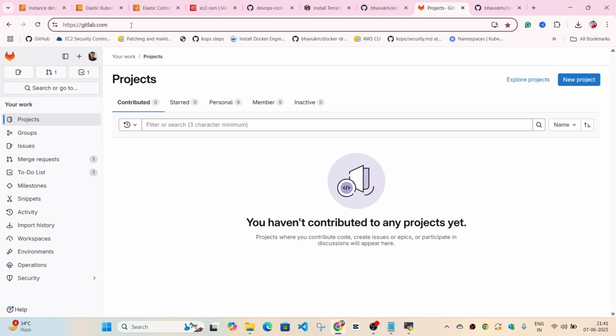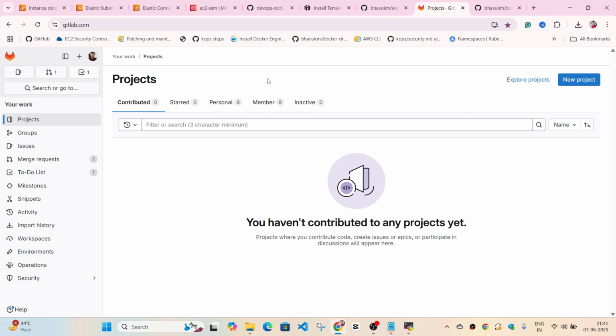Okay, so this is a very good way to get started with GitLab, where you don't have to manage this server on your own. Okay, so you don't have to create a self-hosted GitLab server. You can use this gitlab.com website, and it works exactly the same way as a real production based GitLab server works. Okay, so after you have done that,